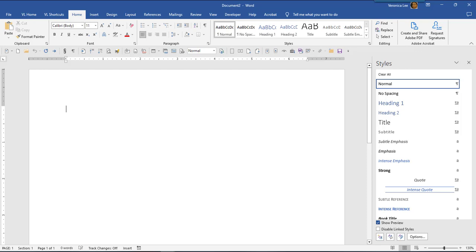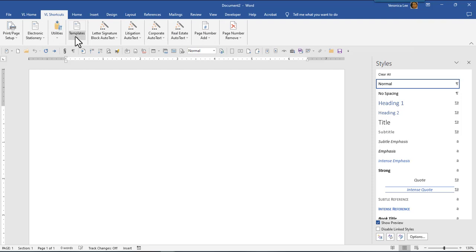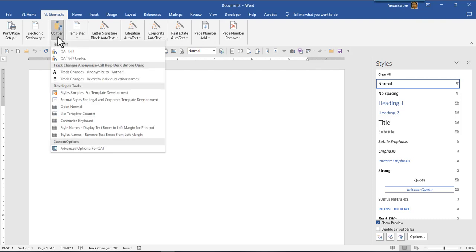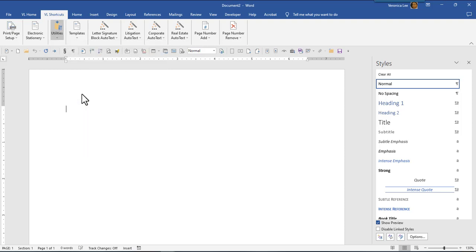So after I start with a fresh copy of Word's normal, then what I usually do is I run a macro that will help me to format the documents that I will create from this template. So let me just show you one macro that I have where we look at all the current formatting in a Word document. So this says style samples for template development. So when I run this code,